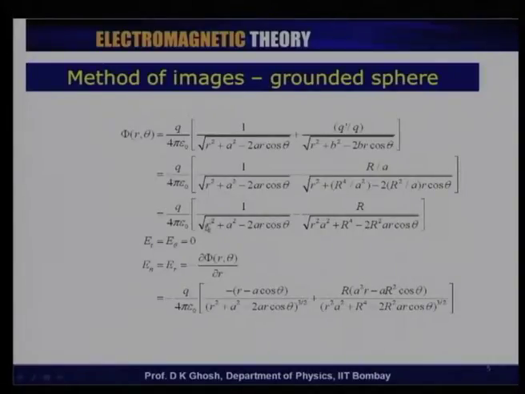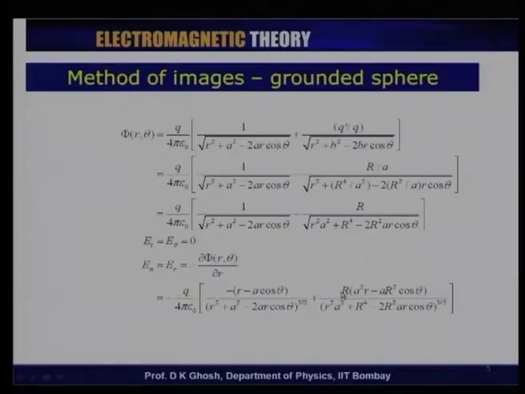So, this being 1 over square root, I get to the power 3 by 2 in the denominator, and I am differentiating with respect to r. So, I get a 2r from here and 2a cos theta, and cos theta differentiated gives me minus sin theta. So, this is differentiation with respect to r. So, I have got minus 2a cos theta. This is what is written down here, and a similar expression for this one.